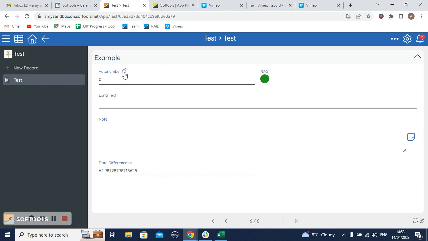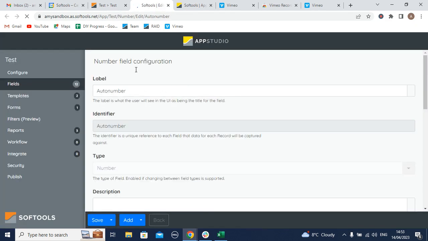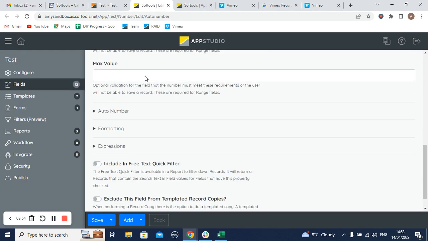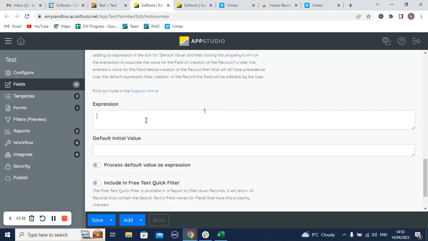Now what you want to do is go to the field where you will have your auto number. So as you can see, I created one here. This is simply a number field with nothing else in it at the moment. You will then go down to expressions again and type in this expression. So if, and then this is your date difference field that you've just created. So if this is larger than 0, then